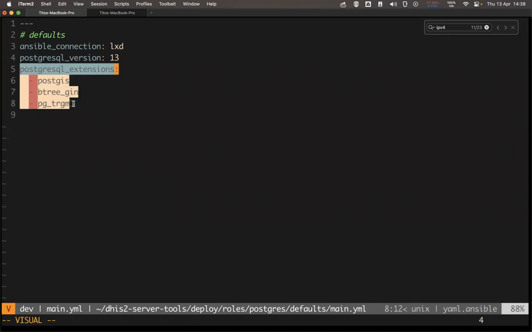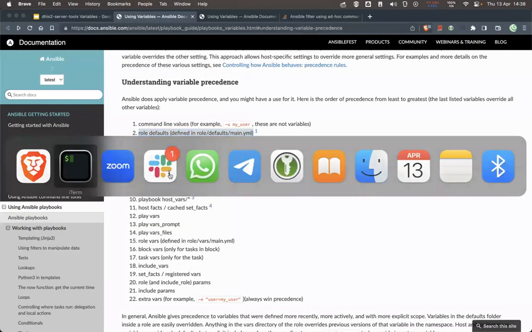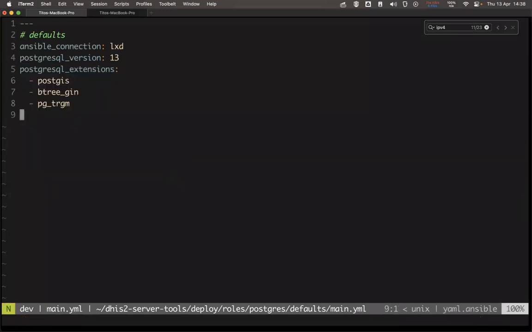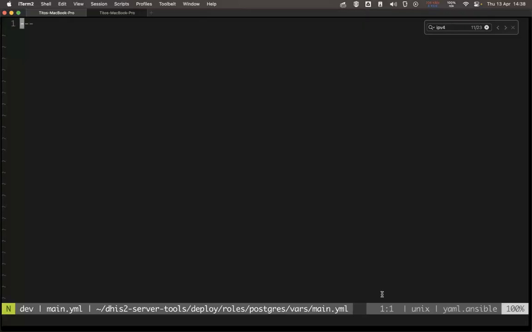And which other place do we have our variables? Let's check. This is roles defaults, as you can see, we have seen Postgres defaults, but then there is also Postgres vars main.yaml. We don't have anything here, but this is another place you can define your variables. If I had,